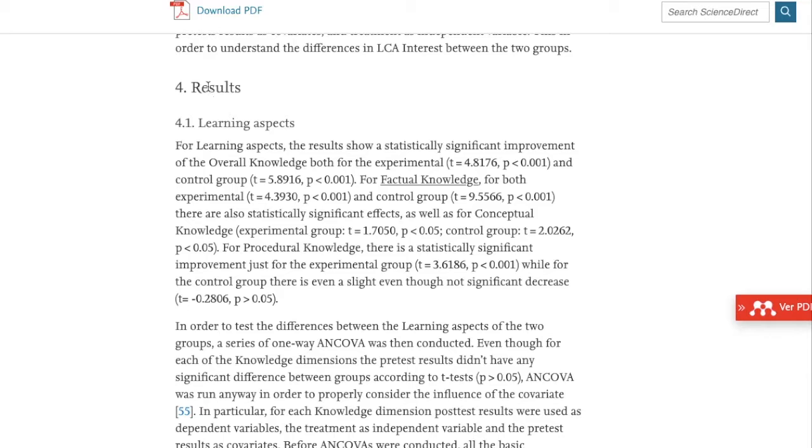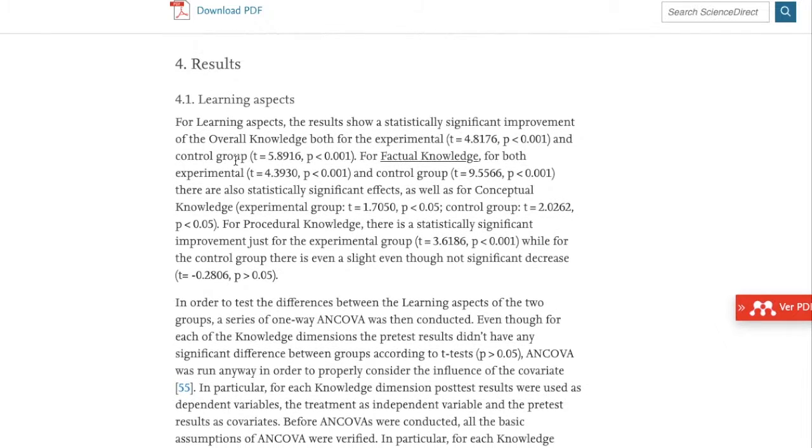The results section is structured into parts according to what the researcher wants the reader to understand. These are the results, so the learning aspects. You can see how the learning aspects are what really matter to describe in the results section. Then another description of the questionnaire. So you have to do the same. Focus on what you really want the reader to understand that your intervention or your design is changing.